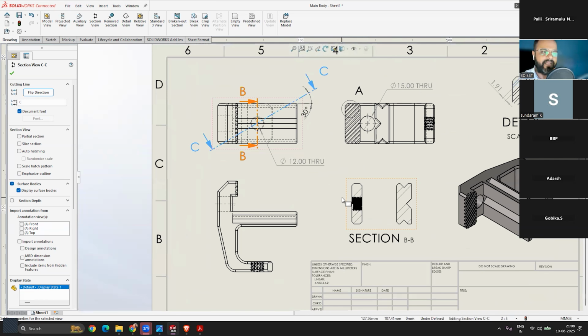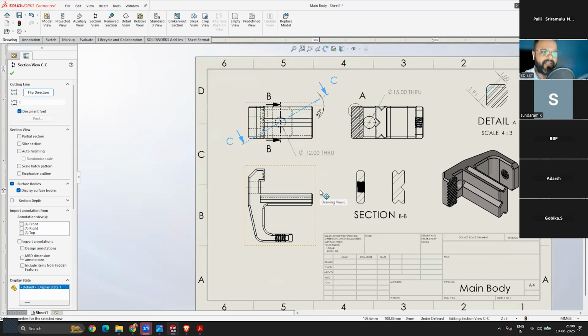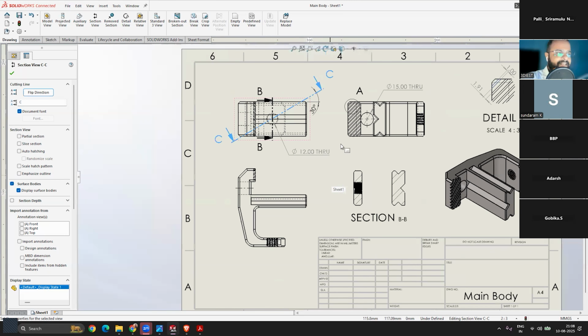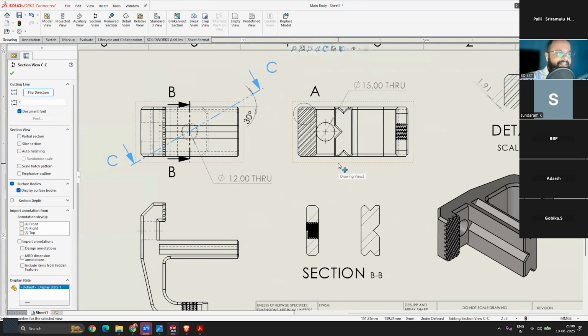We can simply send our 3D part for manufacturing. In some cases, we can also send STEP files, that is 3D files, for CNC cutting. But in most cases, they will ask you for the final detailed manufacturing drawing. And when they say detailed, it means adding all the dimensions and section views, so that someone who has never seen your part in 3D can have the complete idea just by reading your drawings. So this much information you have to provide in your drawings.